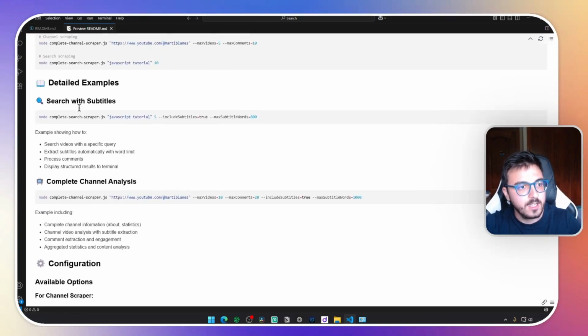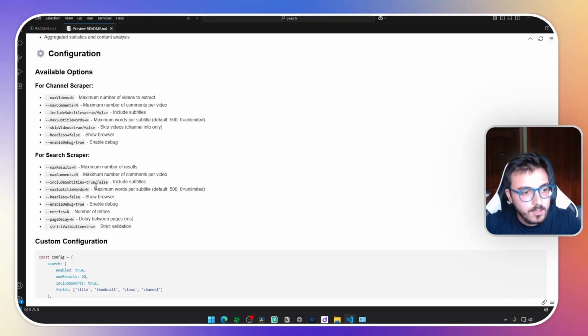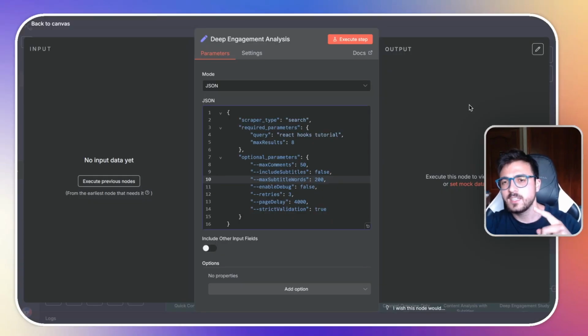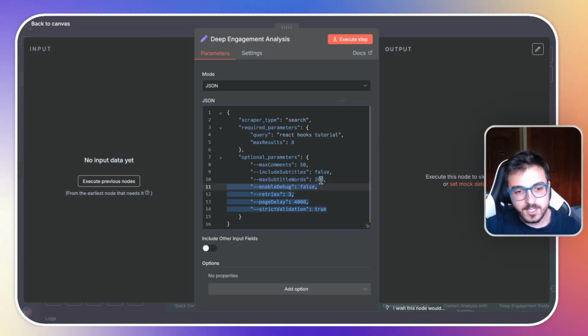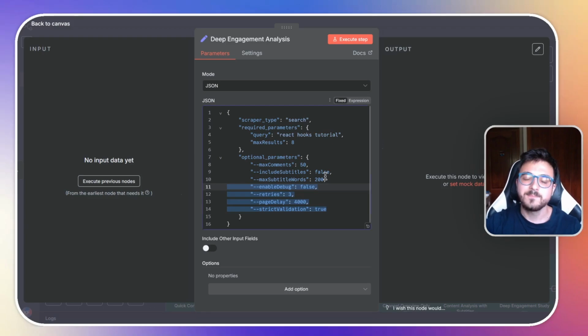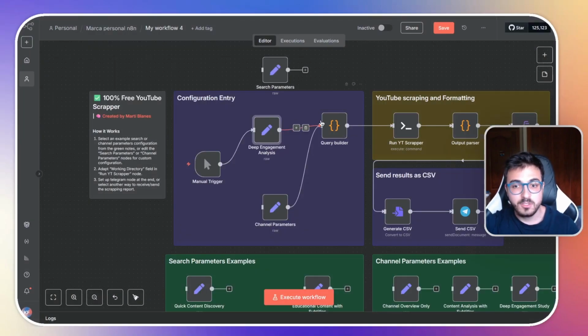Actually, it's mentioned in the README. If you scroll down, you're going to see here for search scraper, max subtitle words, maximum words per subtitle, default 500. And if you want to set it to unlimited, you can just set it to 0, but as I've said, I would not do that. Keep in mind that, as I've seen, N8N just shows 65,500 characters. Keeping that in mind, do whatever you want. And then these are other parameters that are more technical, okay? And yeah, you do not have to